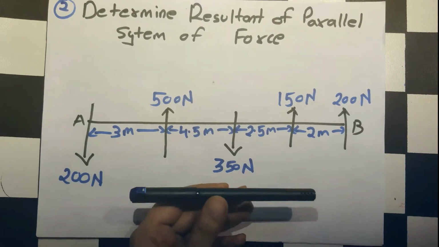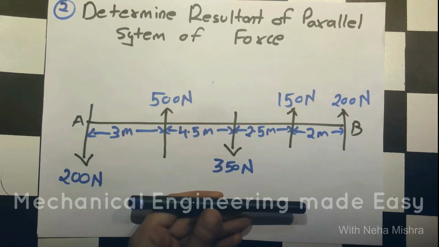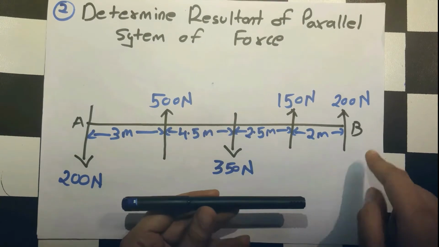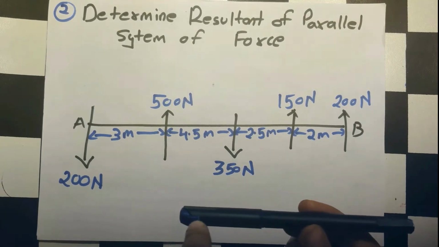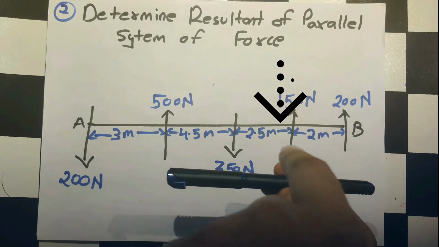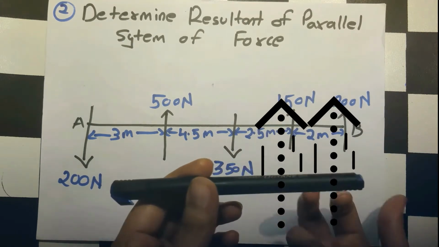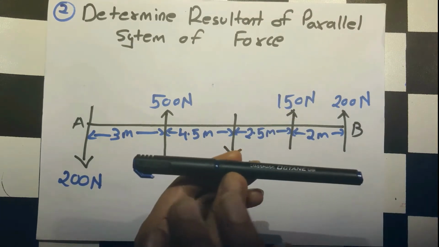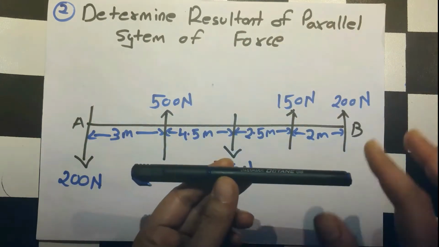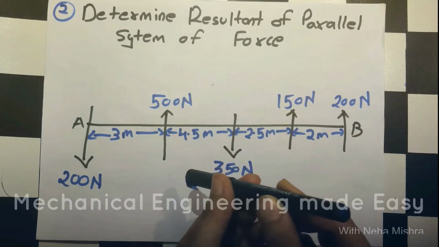Now consider this as an object or rod, same as this line is drawn. And on this object or rod, these forces are acting. Okay. 200 force is acting in this direction. Now 500 force is acting in this direction. Again, 350 force is acting from upwards. And these two forces are acting from downwards. Now because few forces are acting from upwards and few from downwards, because of the resultant of all these forces, it may move either in this direction or in this direction.